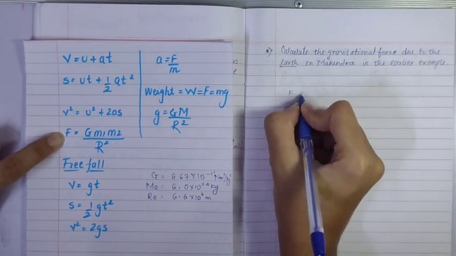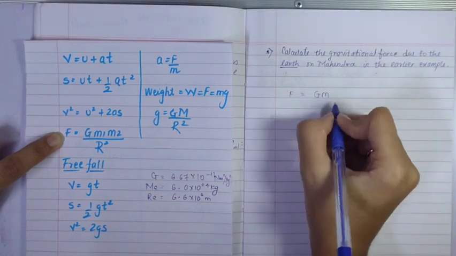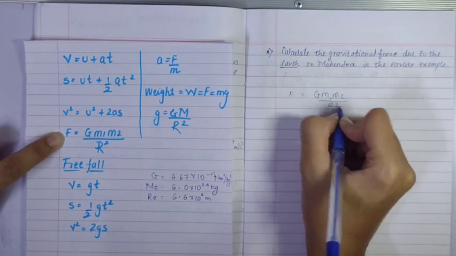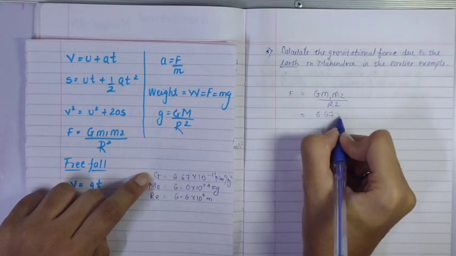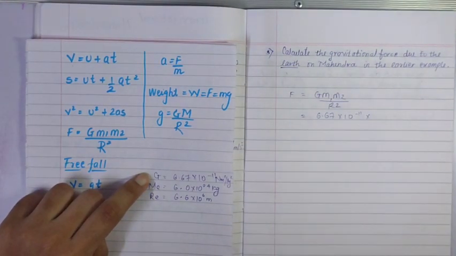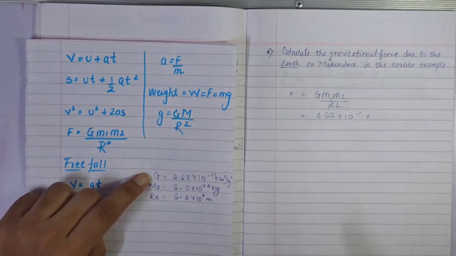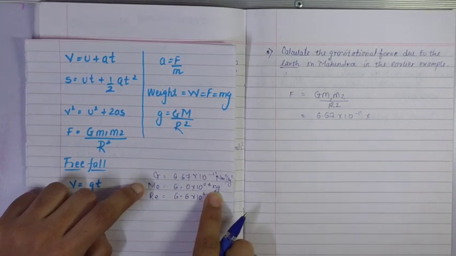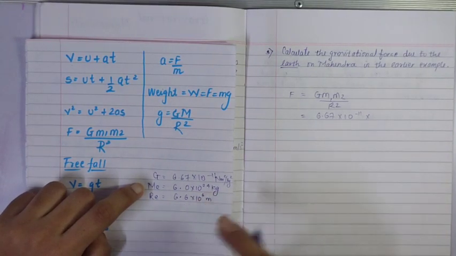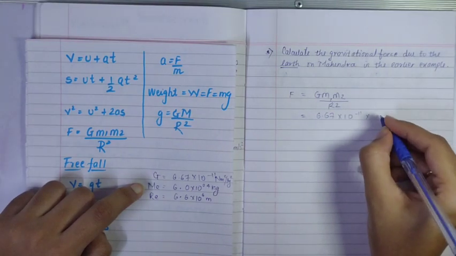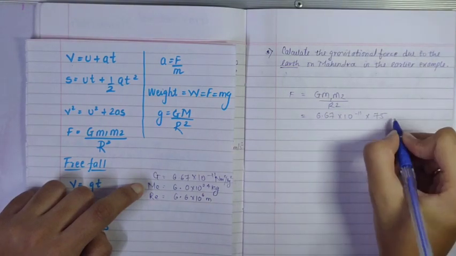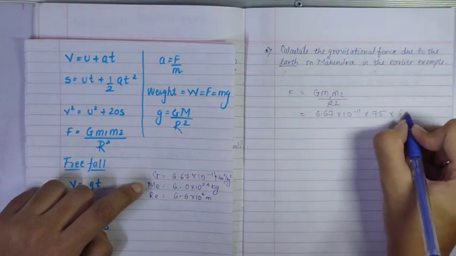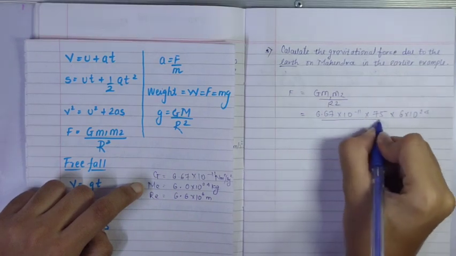What is it? F is equal to G m1 m2 upon r square. So what is G again? Same, 6.67 into 10 raised to minus 11. Now one of the mass will be Mahendra's mass and the second mass will be Earth's mass. That is 6 into 10 raised to 24. Okay. So one mass will be Mahendra's mass. That is 75, as we've seen in the previous sum, into 6 into 10 raised to 24 upon r